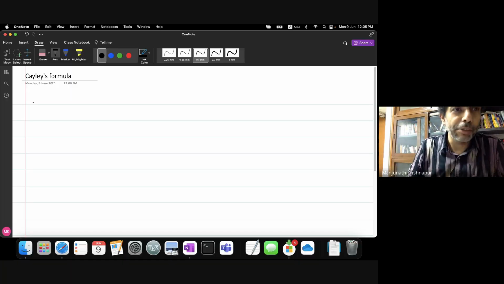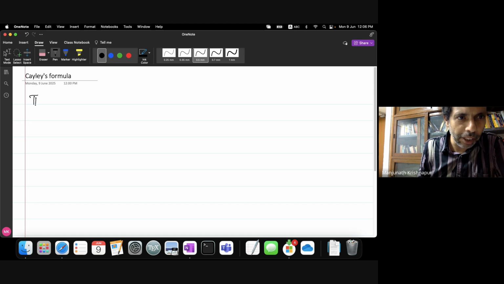What is this Cayley's formula? It is a formula for counting. Cayley's formula, first let me write down what is the statement. So it says that the number of labeled trees